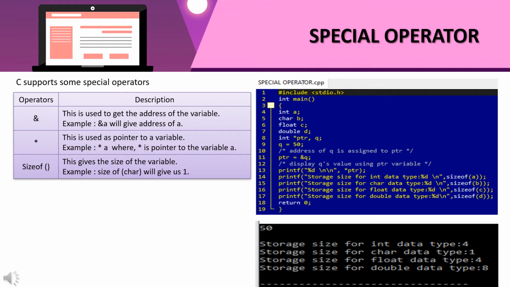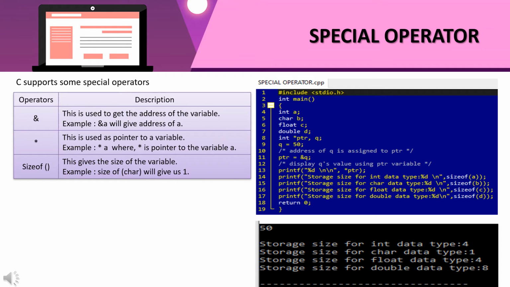Now in this program, you can see that I have declared an integer variable a, character variable b, float variable c, double variable d, and a pointer that is ptr, which is denoted as star ptr because it's a pointer, and another variable q, and assigned value 50 to the integer variable q.